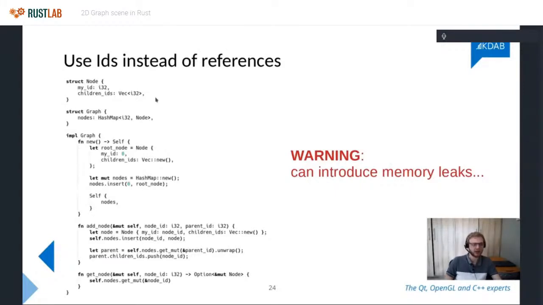Yeah, it works. It's what I ended up doing for my graph because obviously I have a scene graph, so I needed a graph where everything points to children. The one thing I just want to warn you about here, which was not really discussed in any of the talks, is that the moment you start using IDs everywhere, you kind of introduce the possibility for memory leaks again.